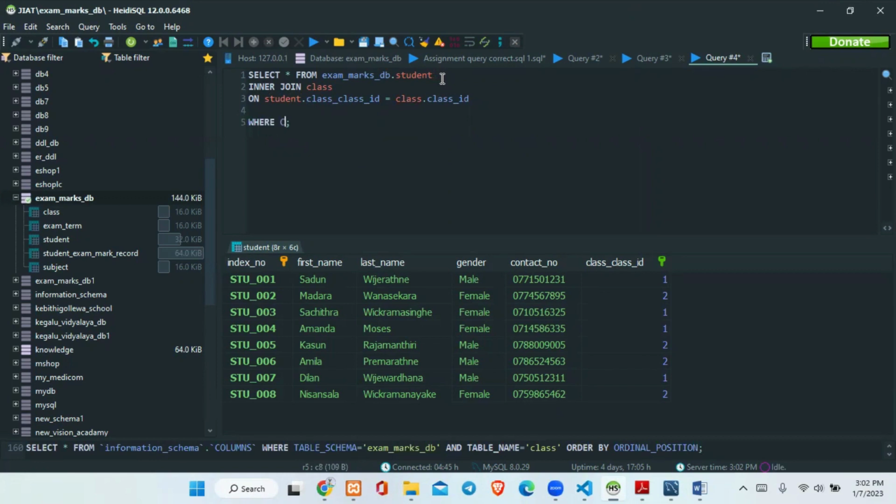So I'll give where the class name should be equal to 11A. Okay, so now we have done filtering it as well. So I'll remove this star which indicates all, and now I'll give length first name,